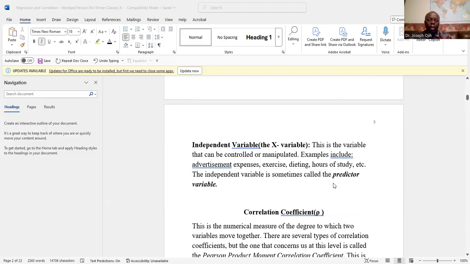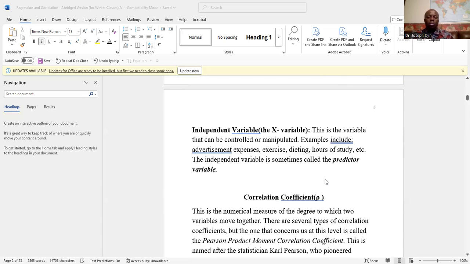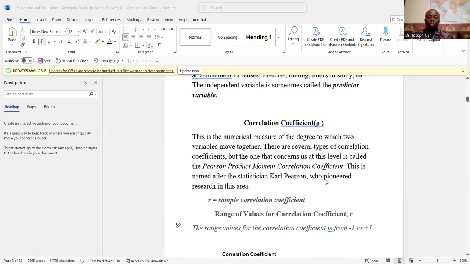Now, the independent variable, or X variable, is one that you can control. Yes, you can decide, I'm going to spend only $2,000 on advertisement, and you spend only that. You can say, I'm going to study only 1 hour a day. You have full control over that. Or I'm going to exercise for only 30 minutes a day. You have full control. So you call it the independent variable, or the X variable,